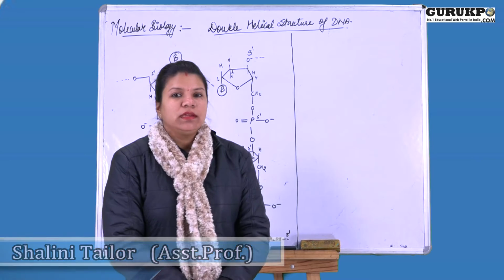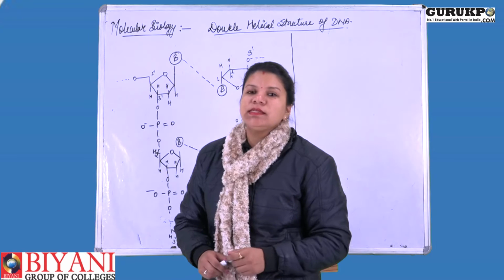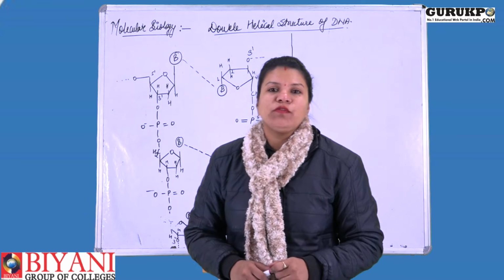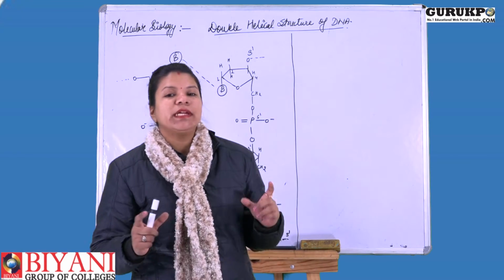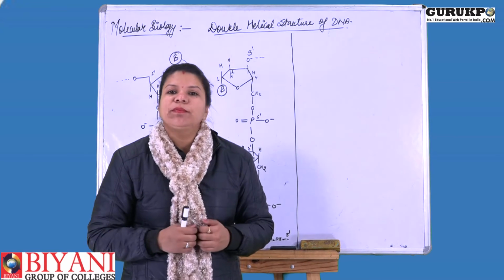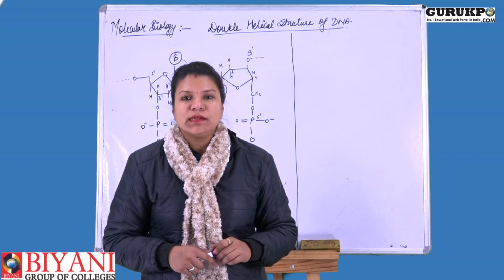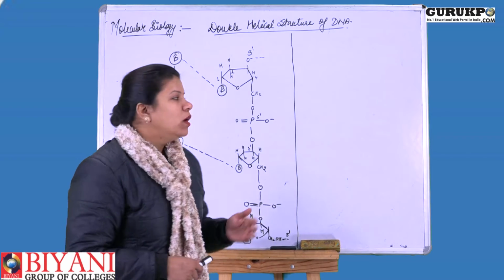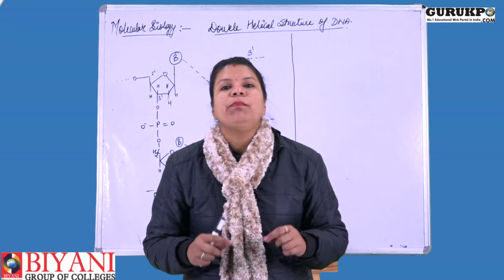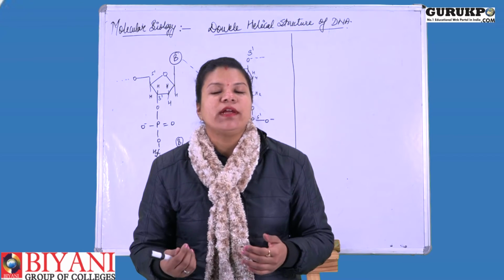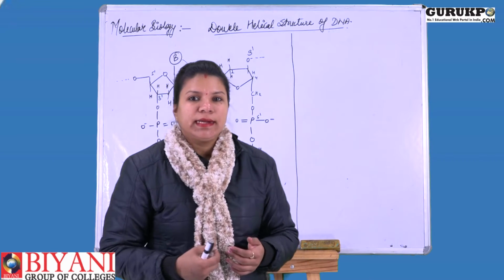I'm giving the lecture on the next topic in molecular biology, which covers how the double helical structure of DNA is formed. In the previous lecture, we discussed how a complete nucleotide is formed, with two different bonds: first the glycosidic bond, and second the ester bond or ester linkage. Now, how are these nucleotides combined to give rise to a polynucleotide chain, which will finally give rise to a complete deoxyribonucleic acid, that is DNA?